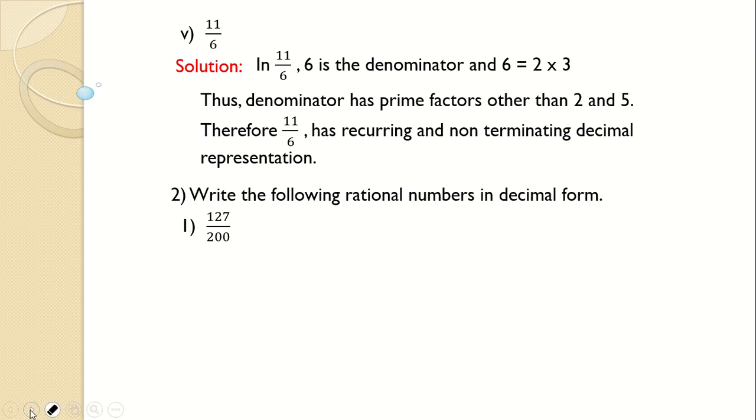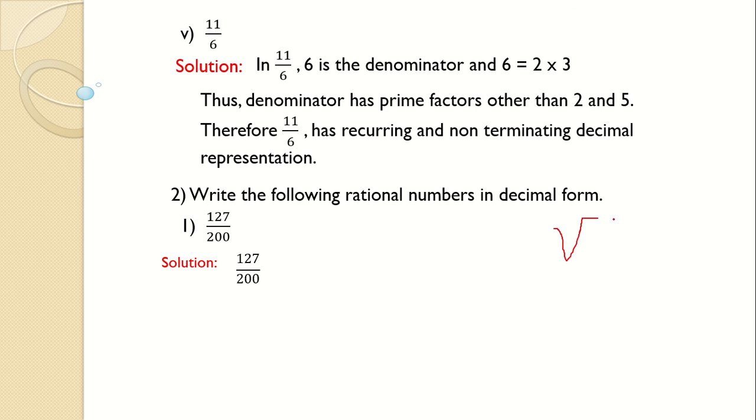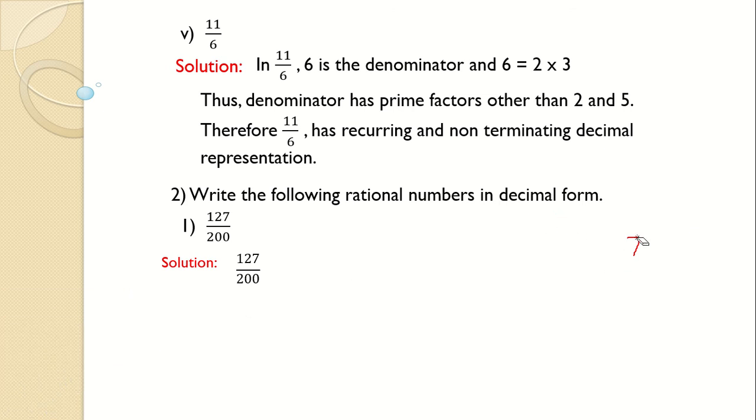127 upon 200. So this you can actually divide, 127 by 200, like that and get the answer, or there would be an easier method. Whenever there is 100, you can get it into the factor of 100 or 10. It is easier to divide, so you should do that. 200 I will write as 2 into 100. Now just divide this number by 2.